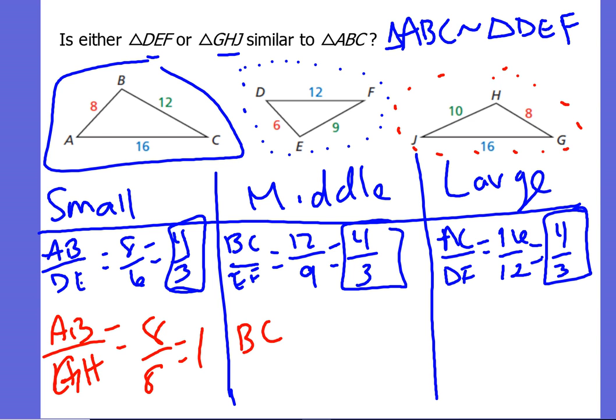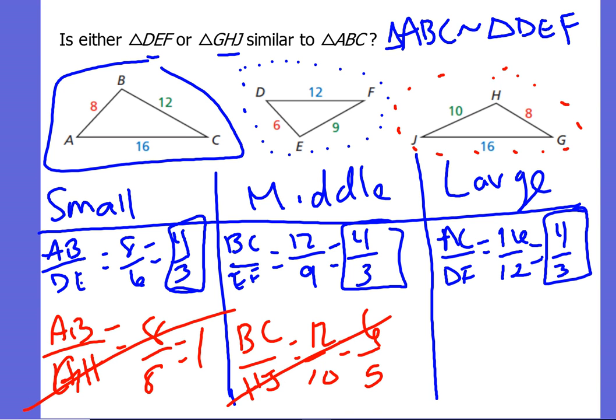So what else do we see? We see that BC is our middle side, so that's 12, is to HJ. So 12 is to 10, and 2 goes into 12 6 times and into 10 5 times. And so clearly 6 over 5 and 1 are not equal to each other. They are not going to be similar in